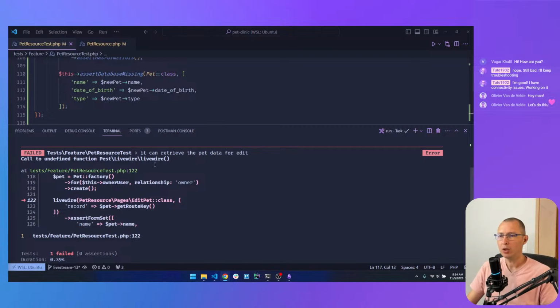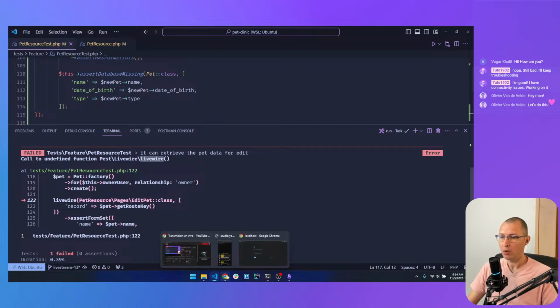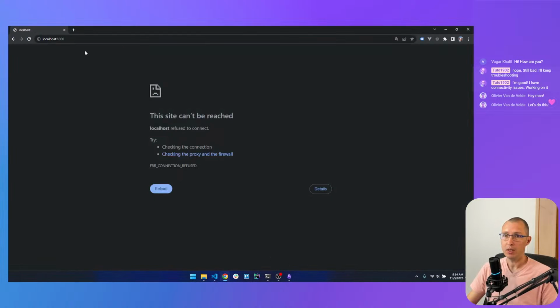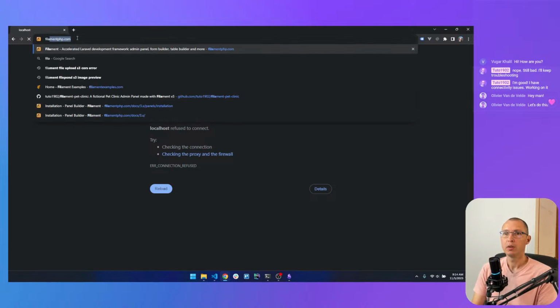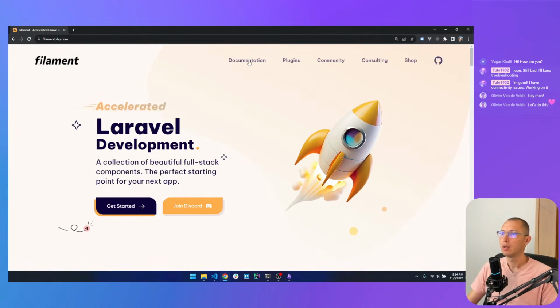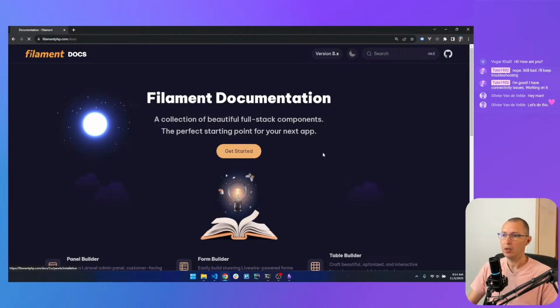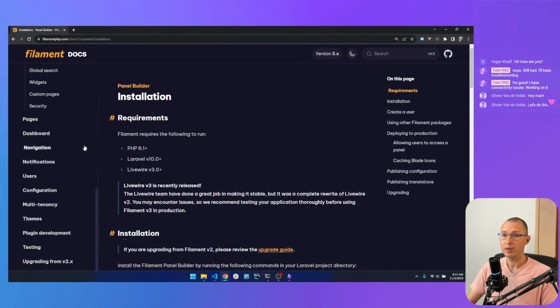Okay, so yeah, the documentation on Filament is using this Livewire function, but that Livewire function is no longer applicable with the latest version of Livewire, version 3. So when you're following the documentation, you have to adjust and use the Livewire facade according to the documentation in Livewire version 3.